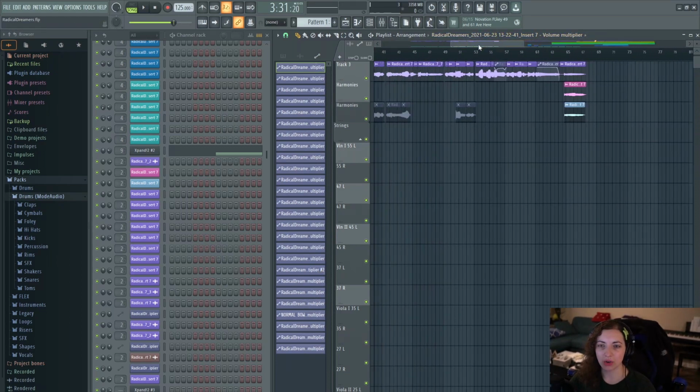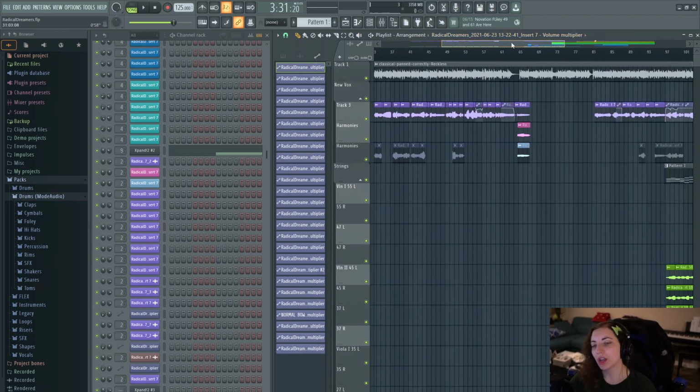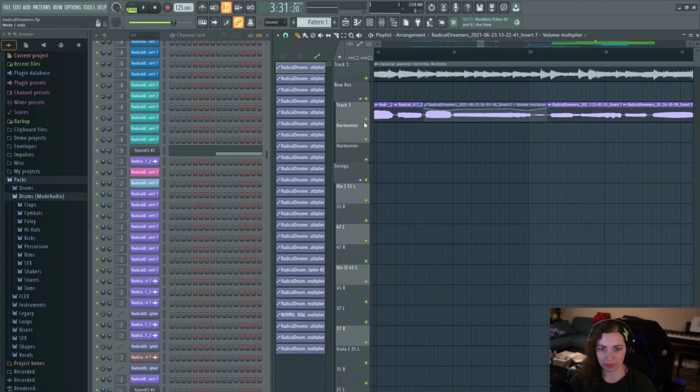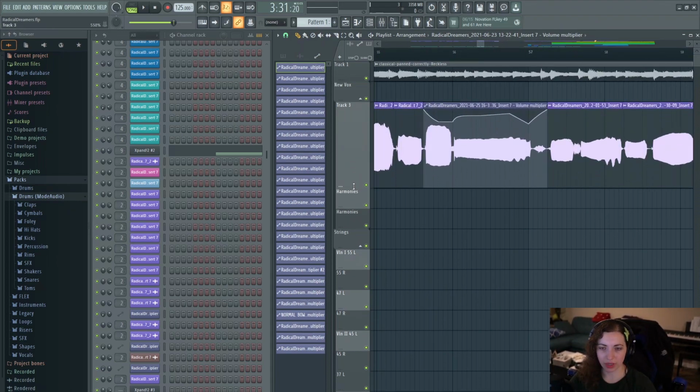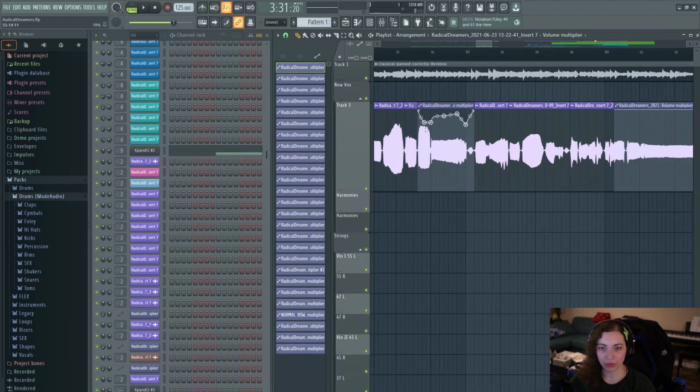I talked about how for the main vocals, I actually don't have any compressor on them. And so what I did to make sure that volume-wise everything was pretty balanced, nothing jumping out too loud or too quiet, was adjust the volume this way. As you can see here, this waveform was loud, and maybe just the frequency it was at, it was really jarring.